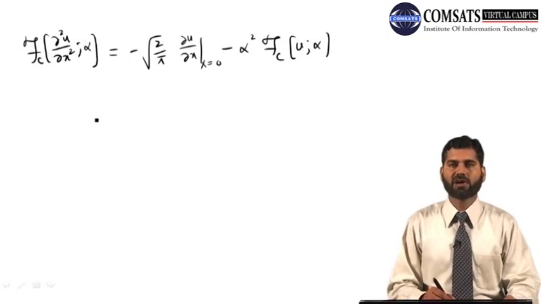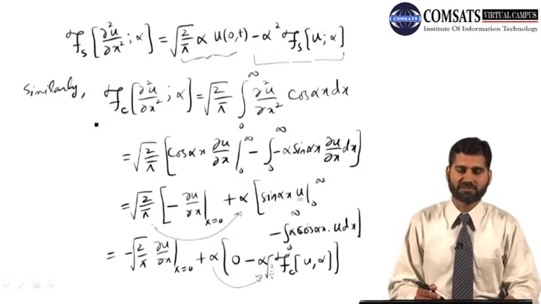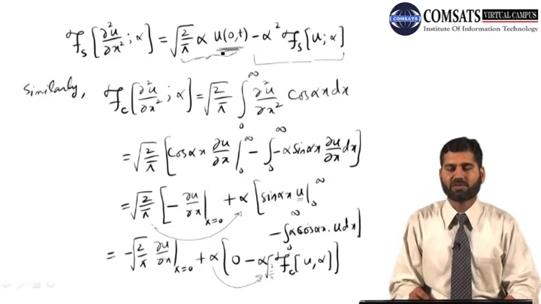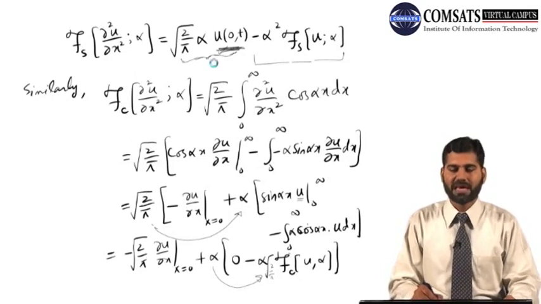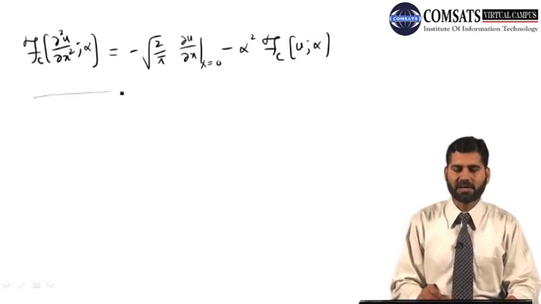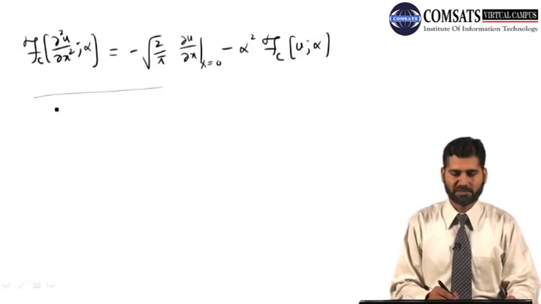So if you are solving a partial differential equation with the help of Fourier transform, and the question is, which transform should we choose? Either Fourier sine or Fourier cosine transform. Then it depends. You see, the Fourier sine transform uses the value of u at x is equal to 0. If this is given to you, then use the Fourier sine transform. And the Fourier cosine transform uses the derivative at x is equal to 0. If this boundary condition is given to you, you can use the Fourier cosine transform. Alright, so depending upon the boundary conditions given, you can choose either sine or cosine transform to solve the partial